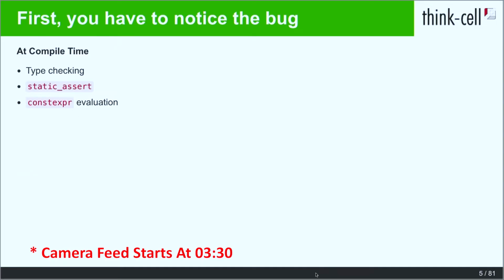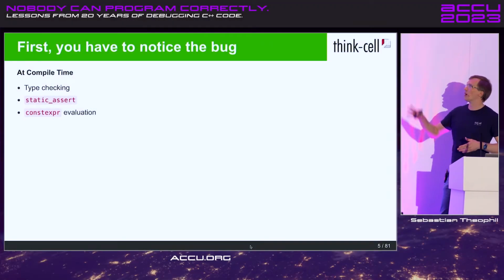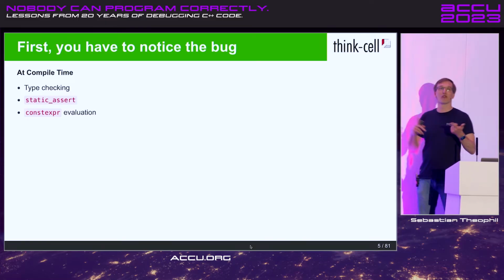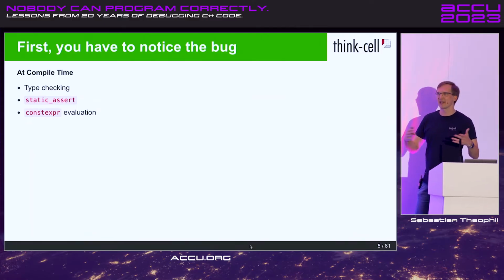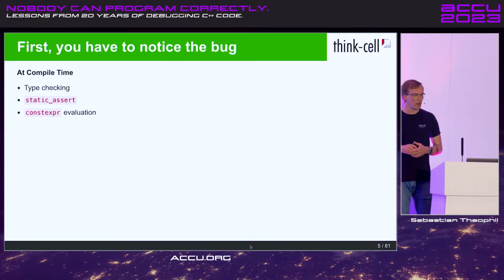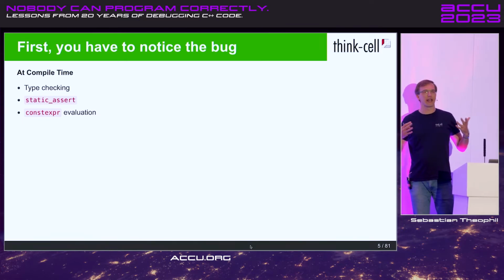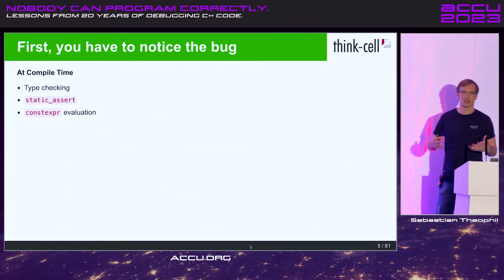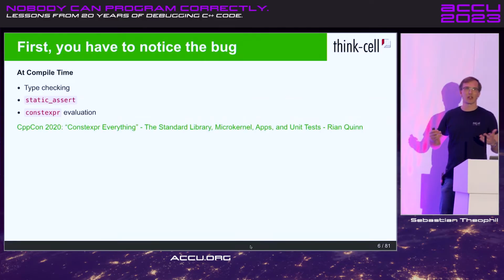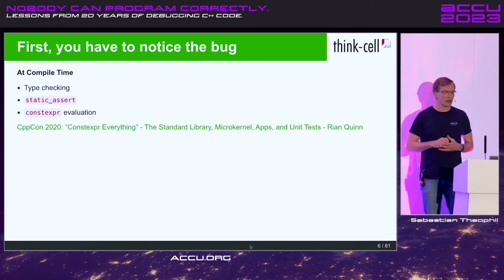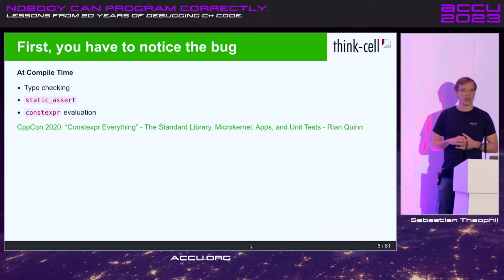So luckily, we are programming in C++, so the first thing that tells us we have done something wrong is our compiler. So we have type checks. They prevent some kinds of bugs. We can help the compiler out a little bit by writing static asserts whenever that is helpful. We can calculate stuff at compile time in constexpr statements, which prevents an entire class of bugs because compile-time evaluated statements can't have undefined behavior. And there was a very nice talk about that at CppCon once.